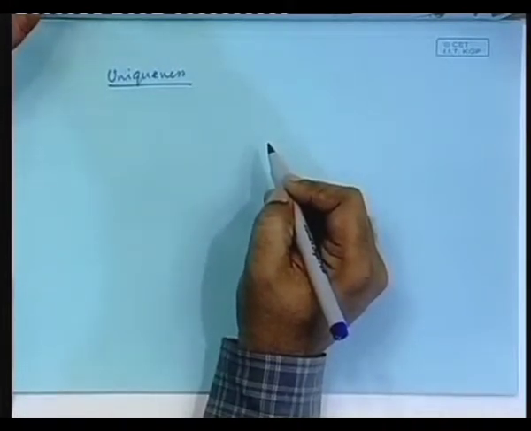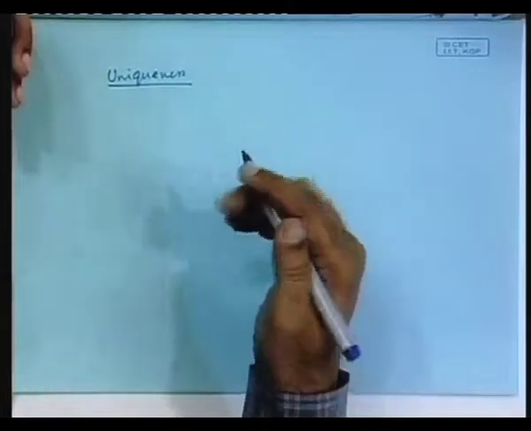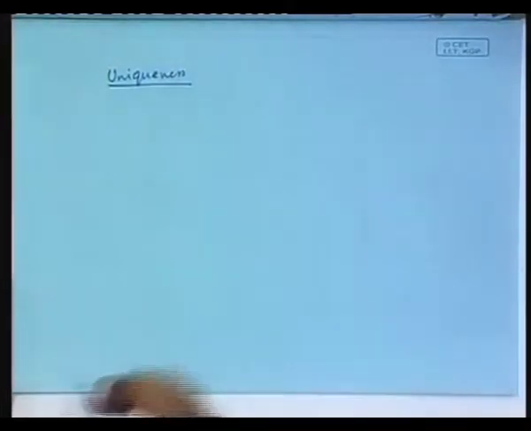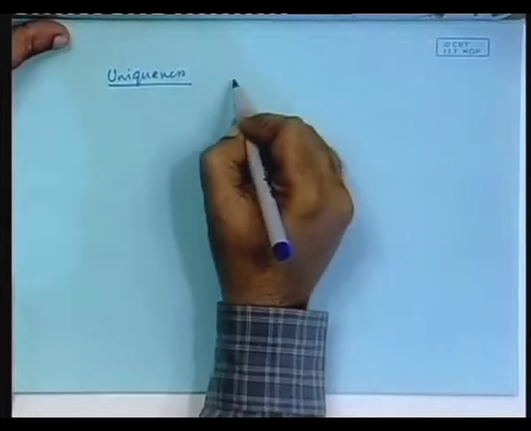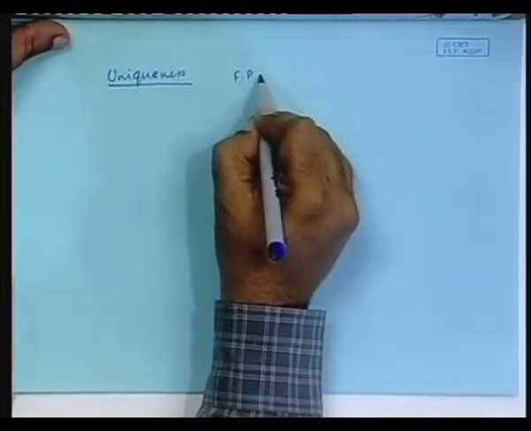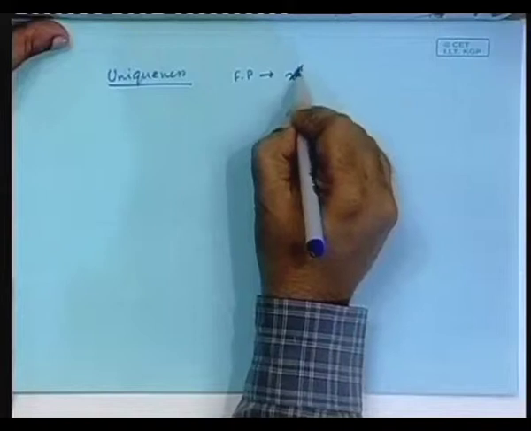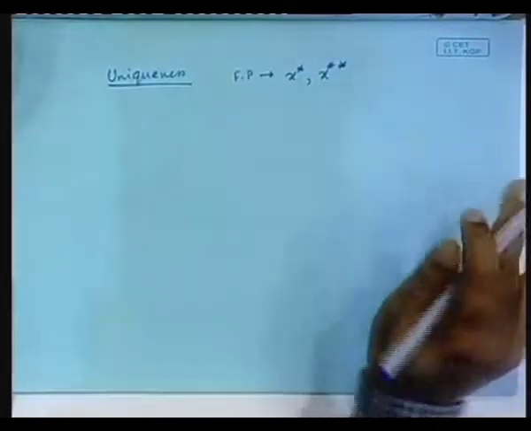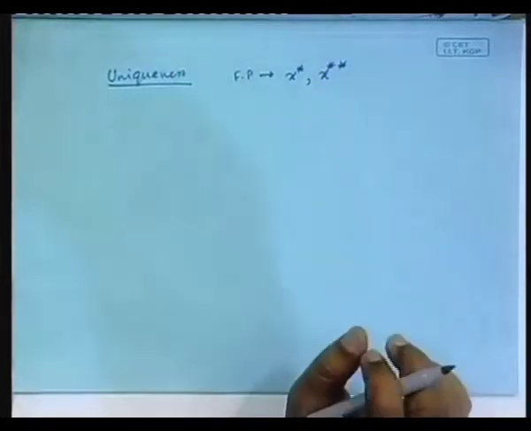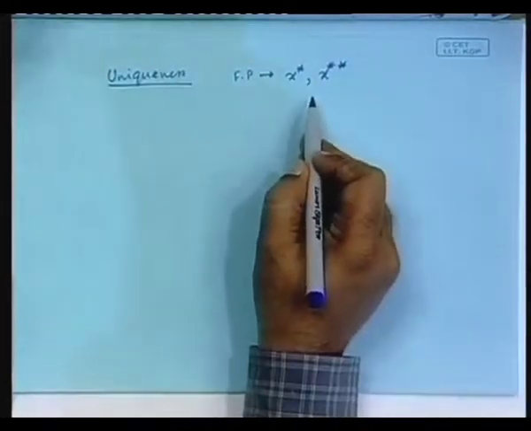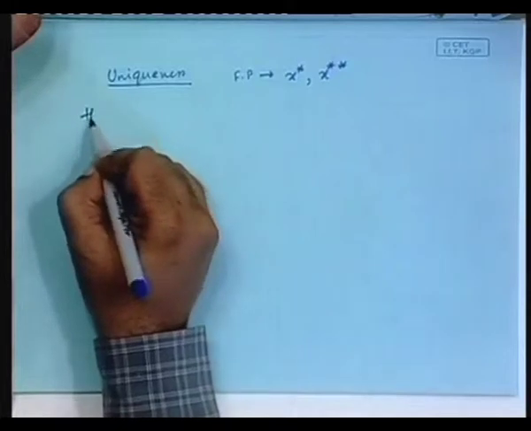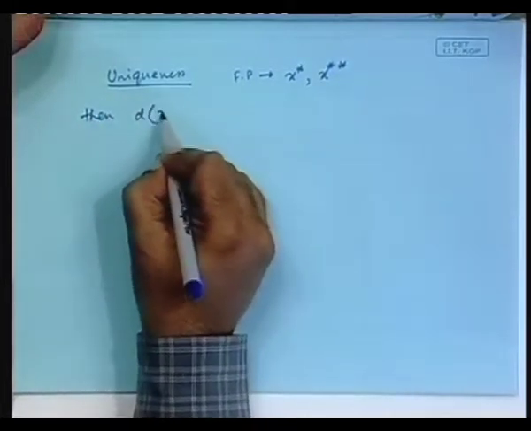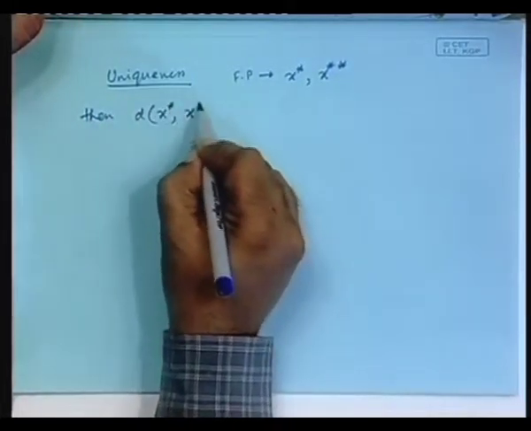Proof of uniqueness. In this proof, you start from the assumption that there are two fixed points, x star and x double star, say. Suppose there are two fixed points, and this will lead to a contradiction. Then d of x star to x double star,